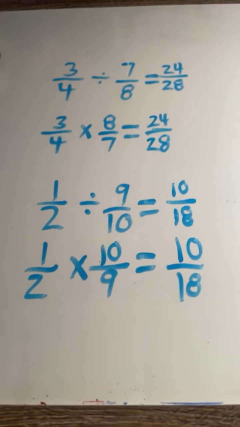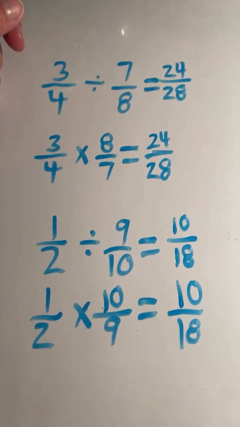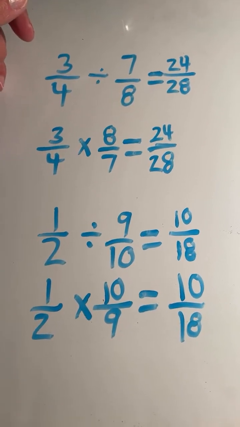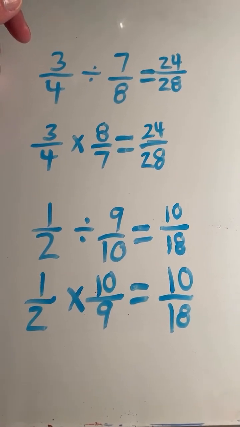All right, I'm going to select that. I'm actually going to do the first one. So 3/4 divided by 7/8 equals 24/28. Though that is technically the correct answer, it is not in lowest terms. We can reduce